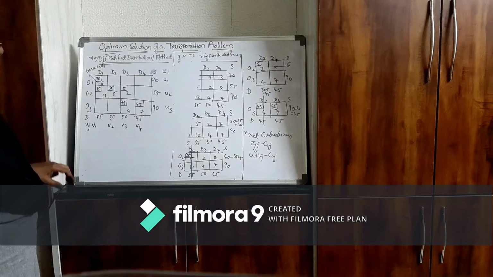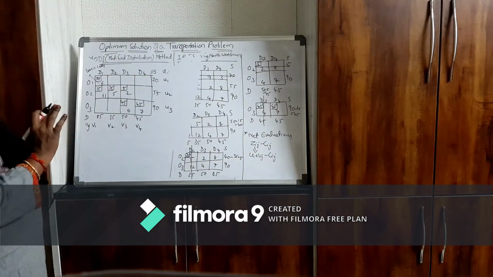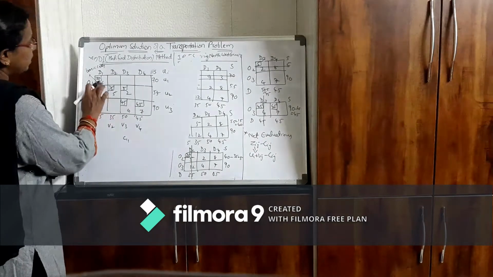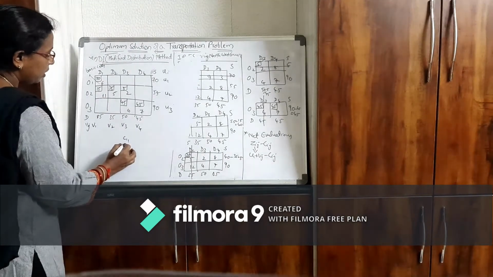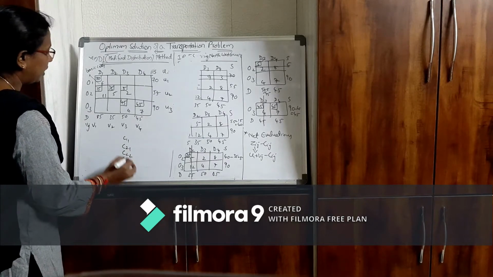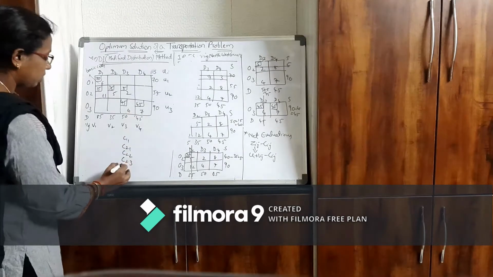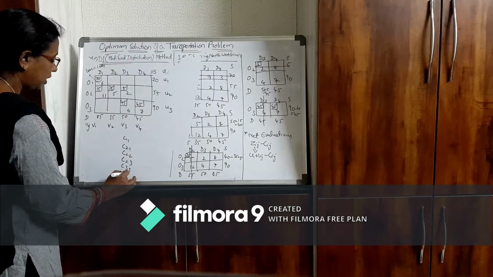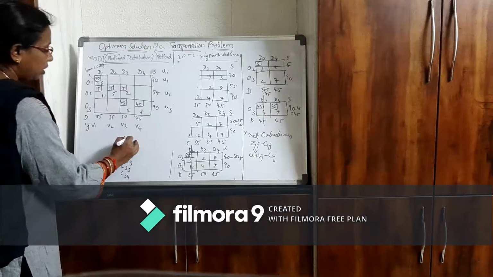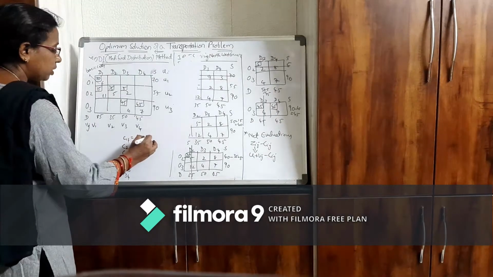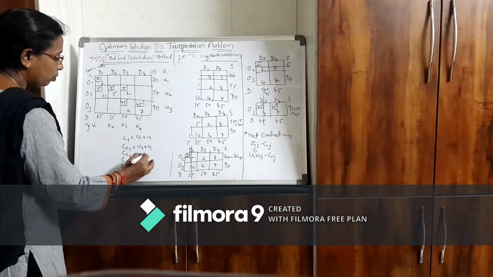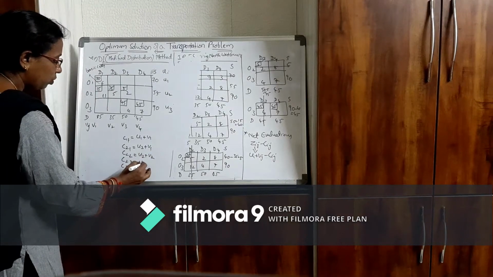What I should do is calculate only for basic cells. Where you have allocations, you have basic cells: C11, then C21, then C22, then C23, then C33 and C34. So these are all the basic cells, that means where you have the allocations. Now C11 should be equal to U1 plus V1, C21 equal to U2 plus V1, C22 equal to U2 plus V2, and C23 equal to U2 plus V3.